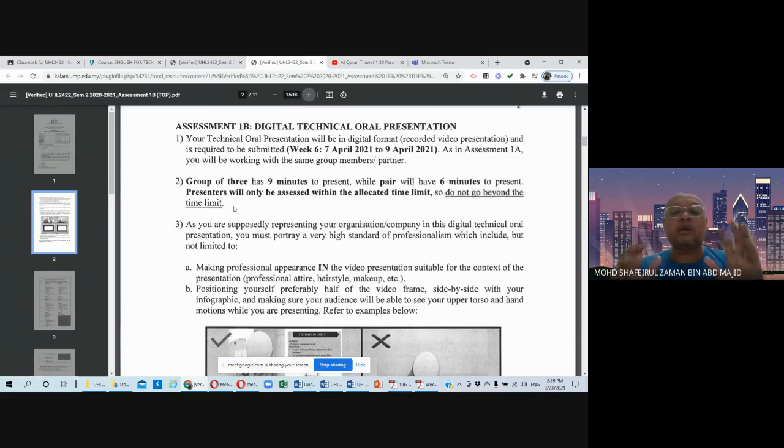You record yourself individually at first, and then, let's say this is a group work, you merge all 3 videos together, turn them into one video, and upload it to YouTube. You publish it either in public mode or unlisted mode, not private mode, because if you choose private mode, I cannot watch your video.